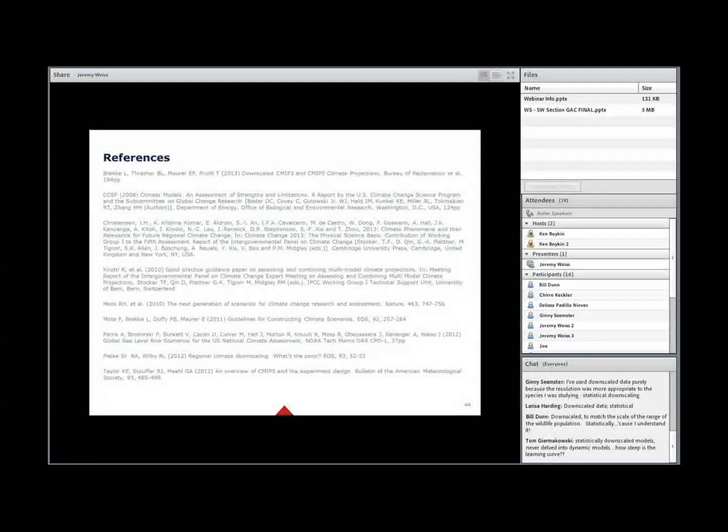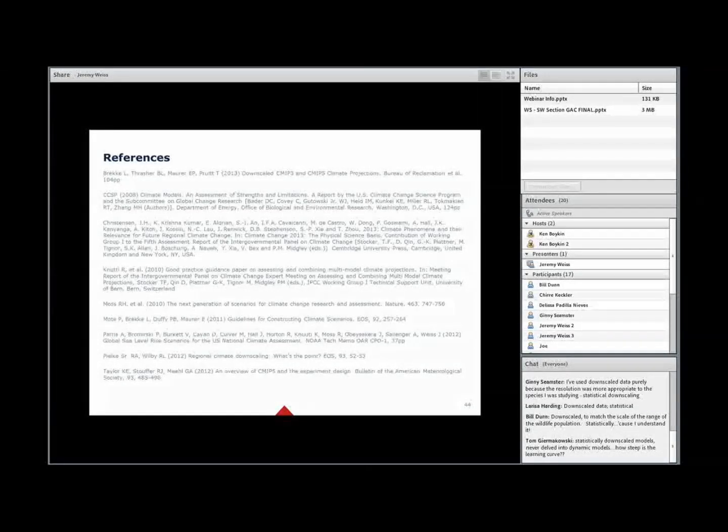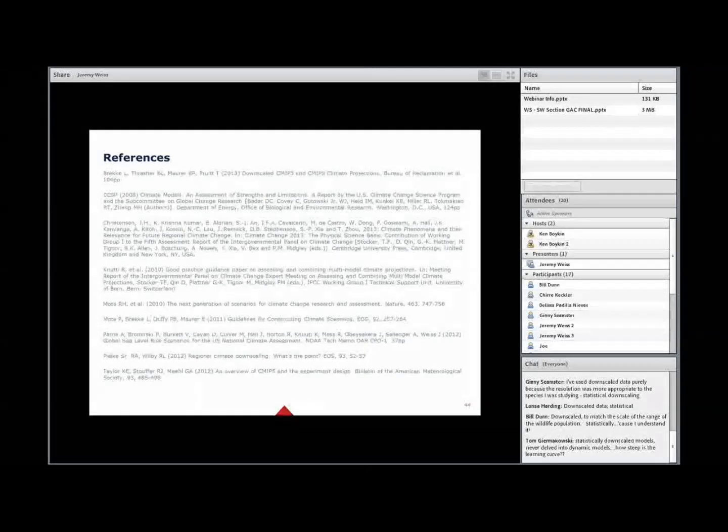Okay, so I'll wrap things up with a couple quick notes. The first is that today's purpose was really to touch upon a number of pertinent subjects that I find have an important role to play when it comes to working with and applying climate projection data.